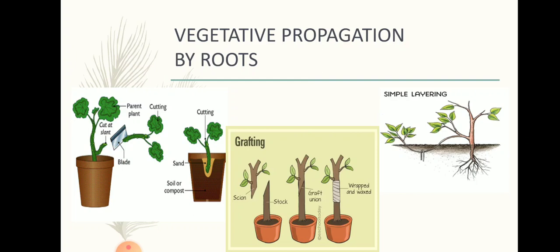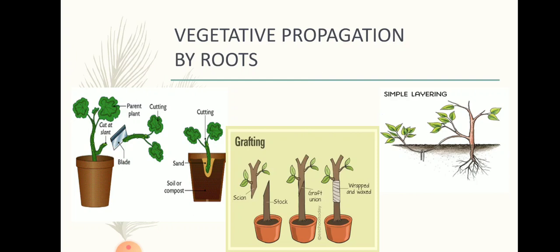The desired plant is known as the scion. The stem is cut off, and that is the scion, and it is inserted into the cut end of the stem of the rooted plant. One rooted plant, the red colored rose plant, is rooted in the soil. The scion is put into the stock. What is the stock? The rooted plant of the same species of the rose plant itself. The two are tied together with a string. This is called the grafting method. After a few days, the scion grows on the stock as if it is a part of it.